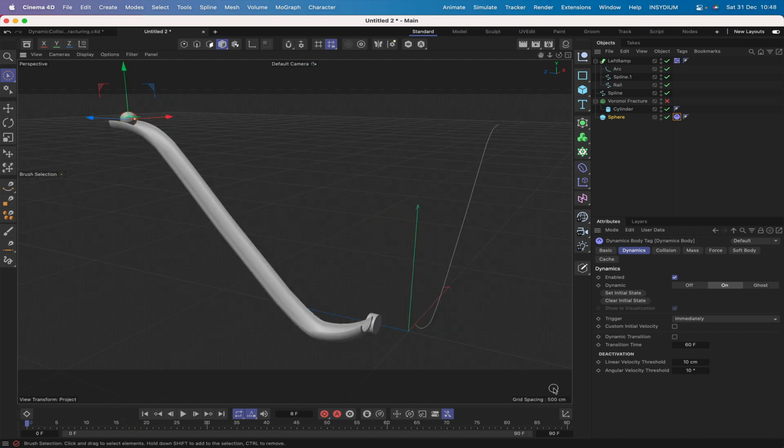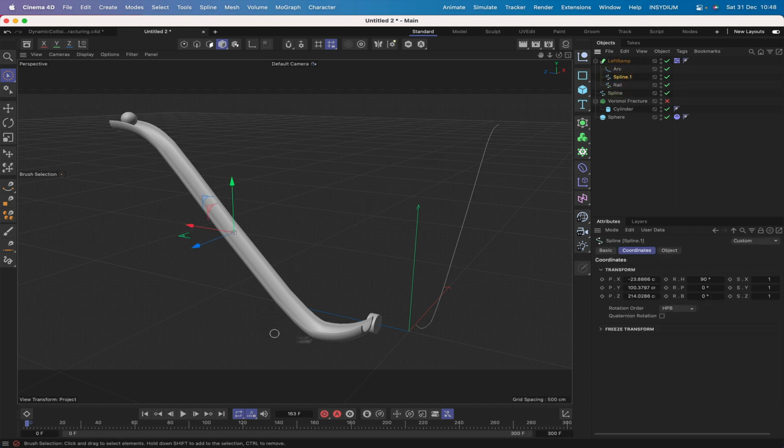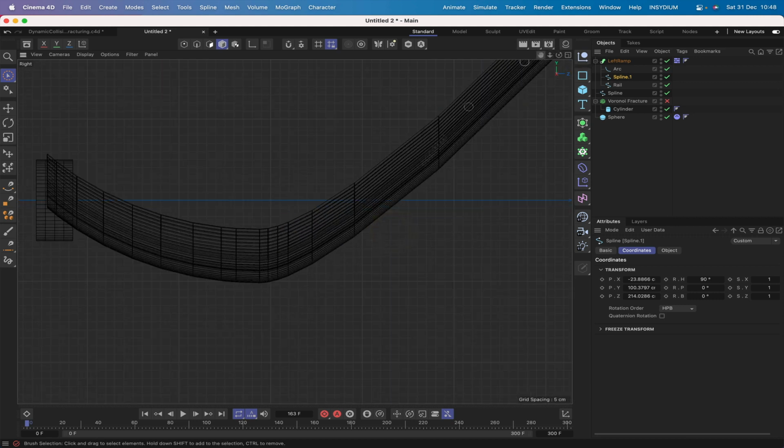We haven't got enough frames. If we just give ourselves 300 frames for now, and let's just see what happens. And we can see it's going to work, can't we? That's looking really good. I mean, I think we'll probably make an adjustment on the spline here. I think down at the bottom here, it could just maybe have a little bit of an adjustment. So let's just go to our right-hand view. So F3, and we'll just take a look at this. Yeah, I mean, this is a little bit harsh. So if we select this point here,